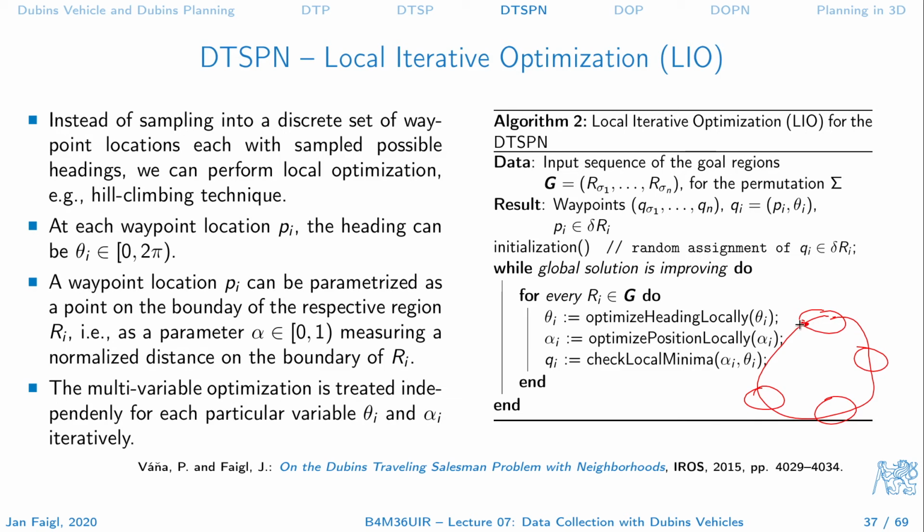Okay, the optimal heading regarding this location and that location will be this. Now we optimize, for this heading, what will be the position, so it will probably be this, because it will provide a shorter Dubins tour, this one, instead of previously this one. So very straightforward, surprisingly quite well performing,